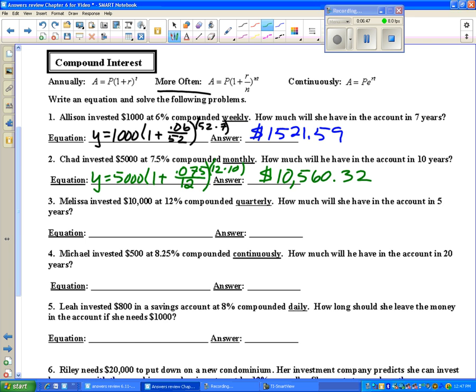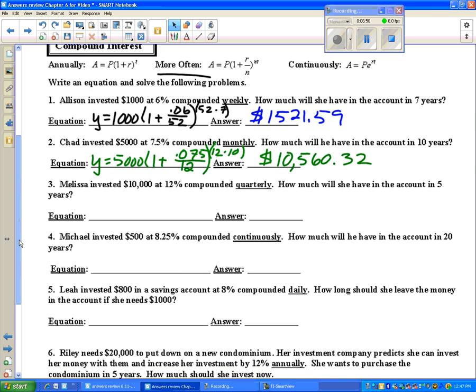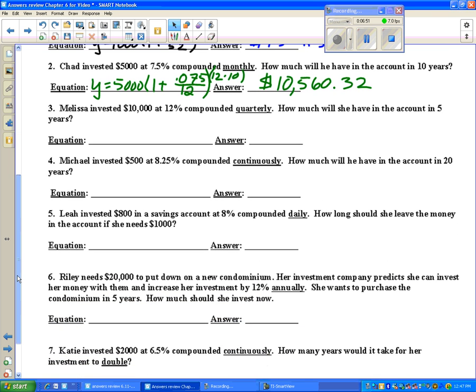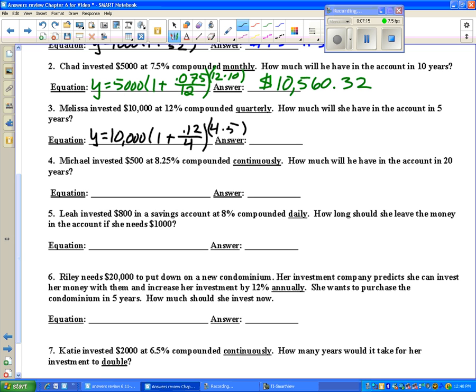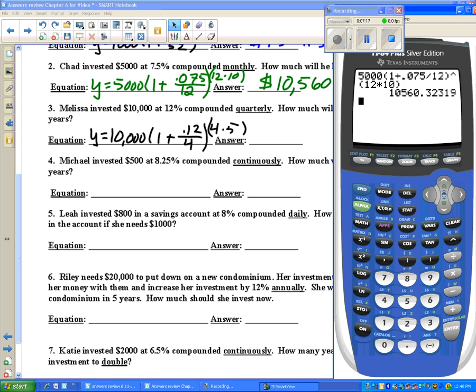$10,560.32. Number 3, Melissa invested $10,000 at 12% compounded quarterly. How much will she have in the account in 5 years? Again, y is equal to my initial investment, my principal, 1 plus my rate as a decimal, 0.12, divided by 4 since it's quarterly, to the 4 times 5 since it's 5 years. Bring up my handy dandy calculator,